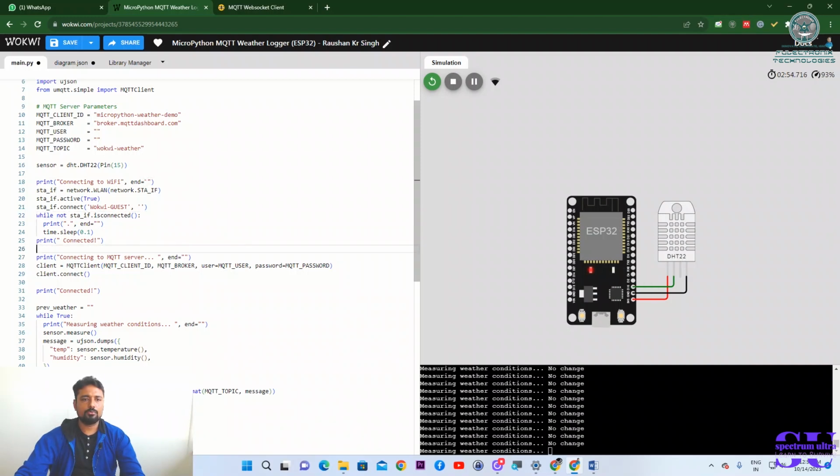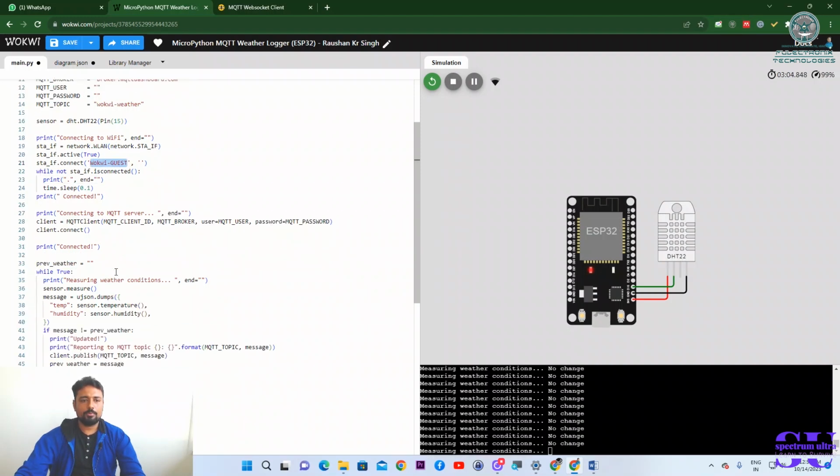Then it will connect to our Wi-Fi. For example, that is Wokwi guest here, but in your case the Wi-Fi name will appear here. Once it is connected, it will try to connect to the MQTT broker. This connected is for Wi-Fi, and this connected is for the MQTT broker.